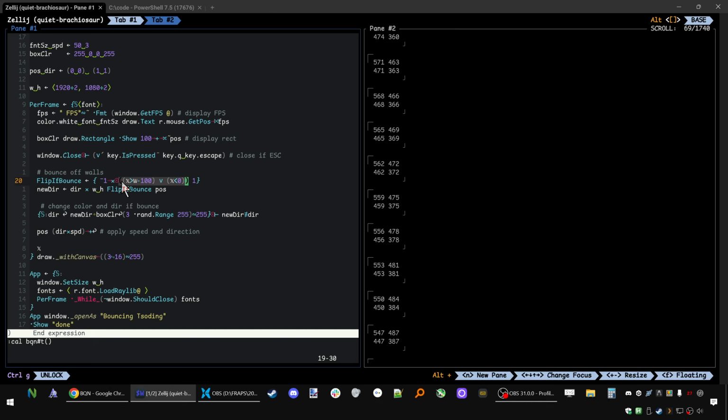If this is true, then this gets run, so this turns into -1, and then we just say -1 times the direction, and then we just invert the direction. But I remember this sort of. The trick is the position has to get flipped individually,